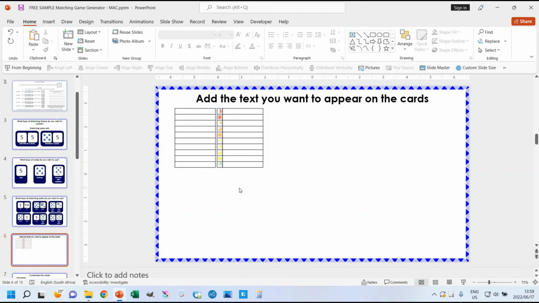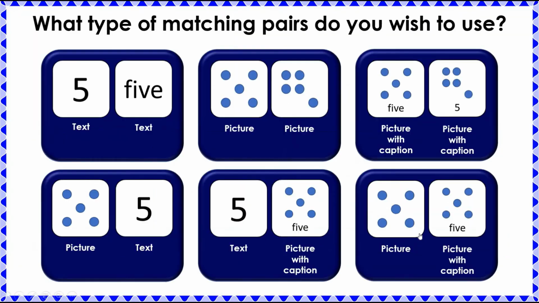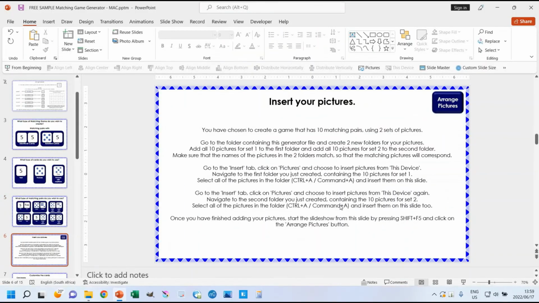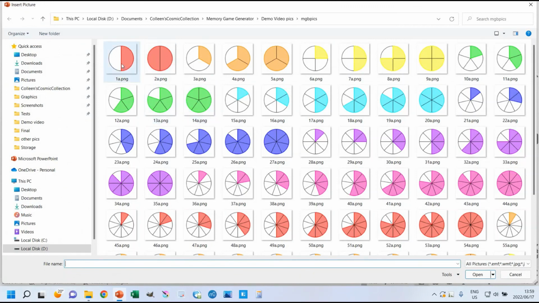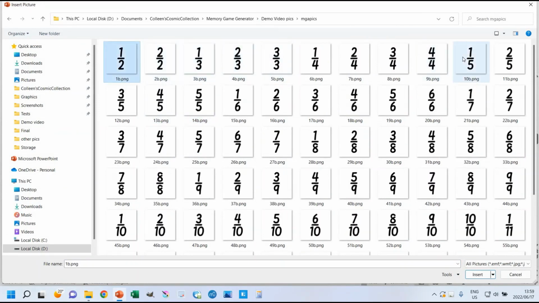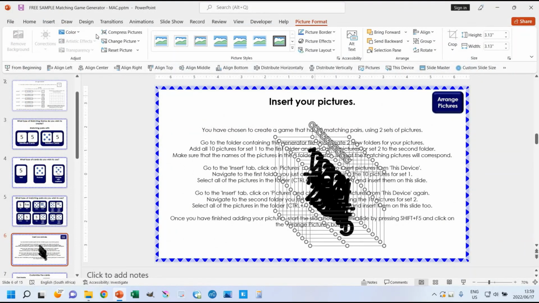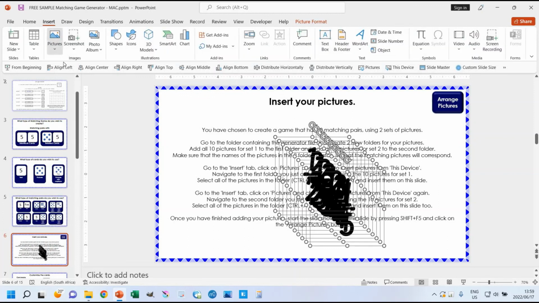Okay, and then the last option is the one that we already did. So let's just go back here again. So this is the one that has picture and picture with caption. So I would then go and insert my pictures. So in this case, I wanted to have these ones as the ones that don't have captions, so I put them in first, and then the ones that I want to have captions must go in second, so I'm going to put those in